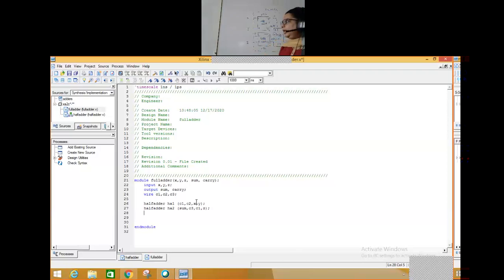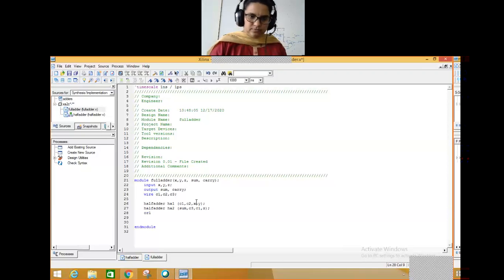Okay. What else? I have one more module, which is nothing but my OR gate. So this is the OR gate. C2 and C3 are the inputs and carry is the output. Let me take it as one more instance, adder 3, as a unit.